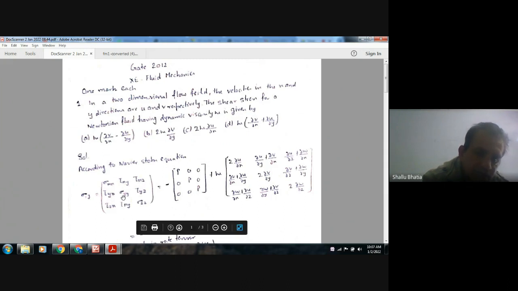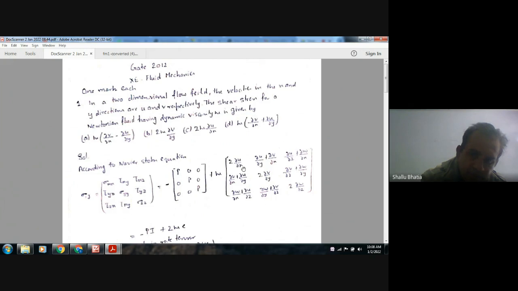This is tau yx, sigma yy, tau yz, tau zx, tau zy, sigma zz. Then this stress is equal to the pressure term, which acts normal on the surfaces, and at all other planes the shear component will be mu times